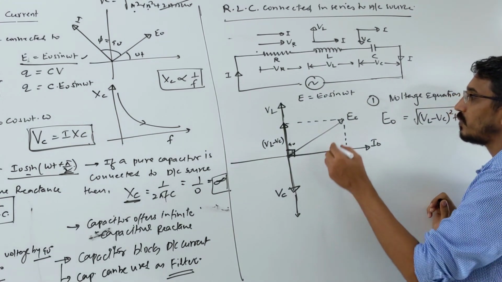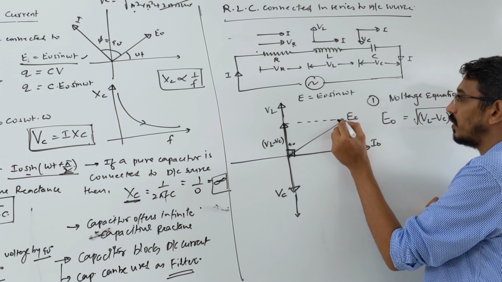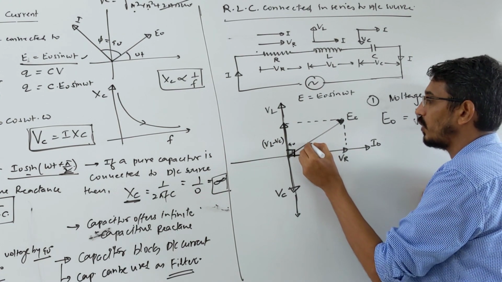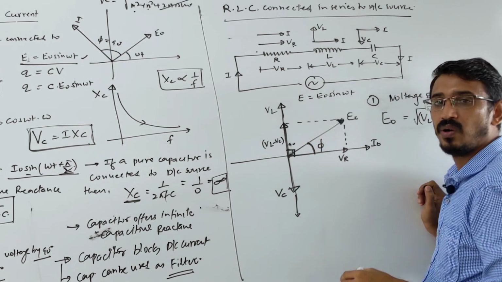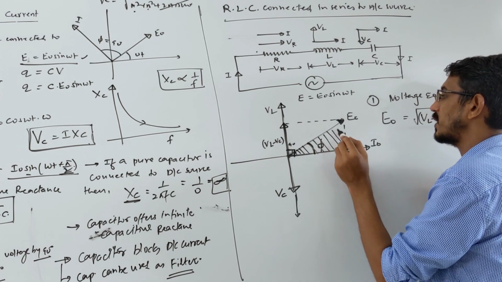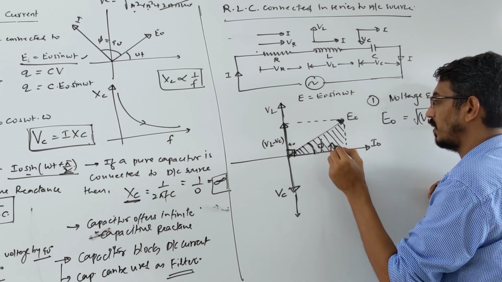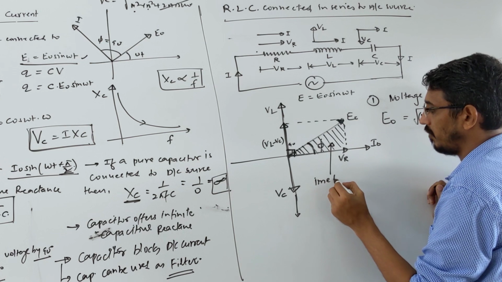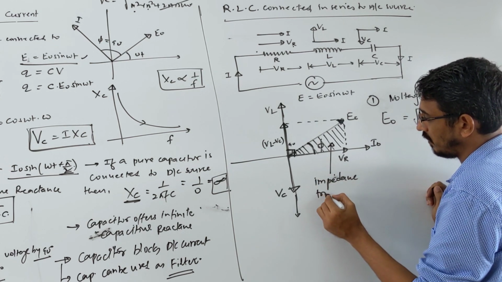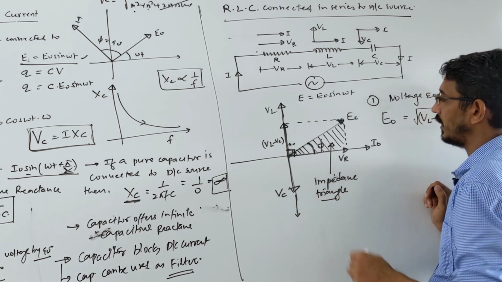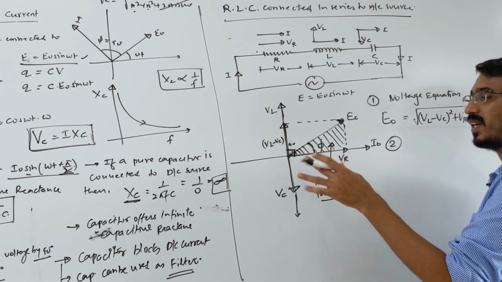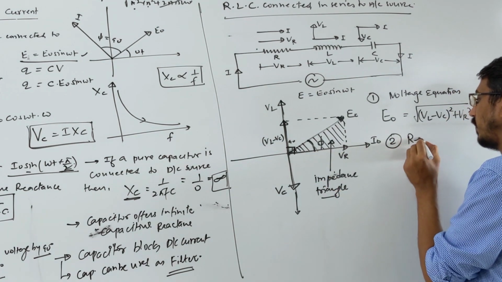Now look here. This is the direction of your final voltage, and that's the direction of your current. So this is your overall phase difference. This much angle gives your overall phase difference. Actually, you can see a small triangle here. This is called the impedance triangle. I will talk about this more. From this impedance triangle you can know the resultant phase difference.